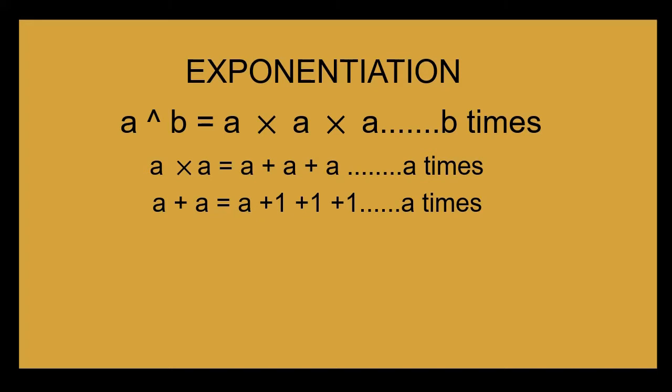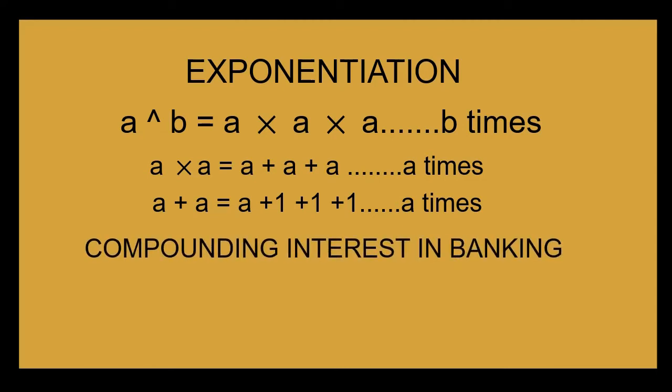This operator would have been known to the earliest civilizations, though today it is one of the most important operations done by our computers in the banking sector. In the 17th century, compounding interest was introduced in the banking sector. Now, when you invest an amount of P principal at a rate of interest of R for a time period of T, the amount you are entitled to get after the time period is A equal to P brackets 1 plus R by 100 close brackets raised to T.